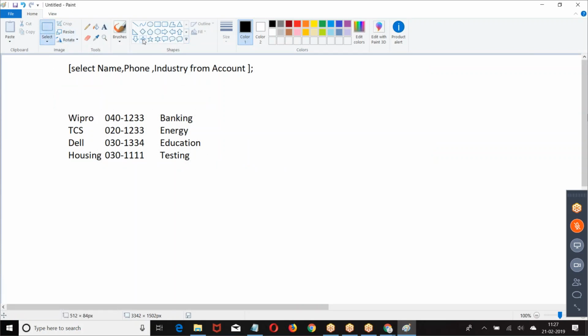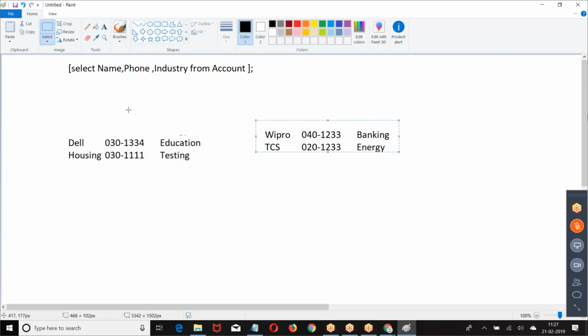From these records, how many records do you want? I wrote a SQL query, I got the result. From this result, how many do you want? I told limit 2. From the result, give me 2 records.